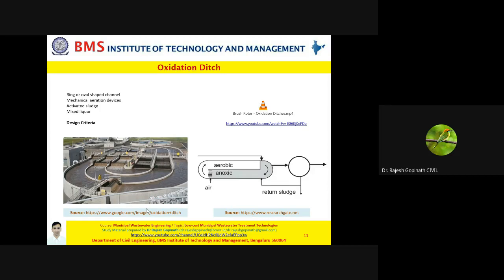If you remember, I told you oxidation ditch, which is an extended aeration lagoon, which is actually a modified form of ASP, is basically a mechanical system. So we go for mechanical aeration. And yes, the concept of this we have learned before also. But what is the advantage? The advantage is you are able to keep everything in suspension.